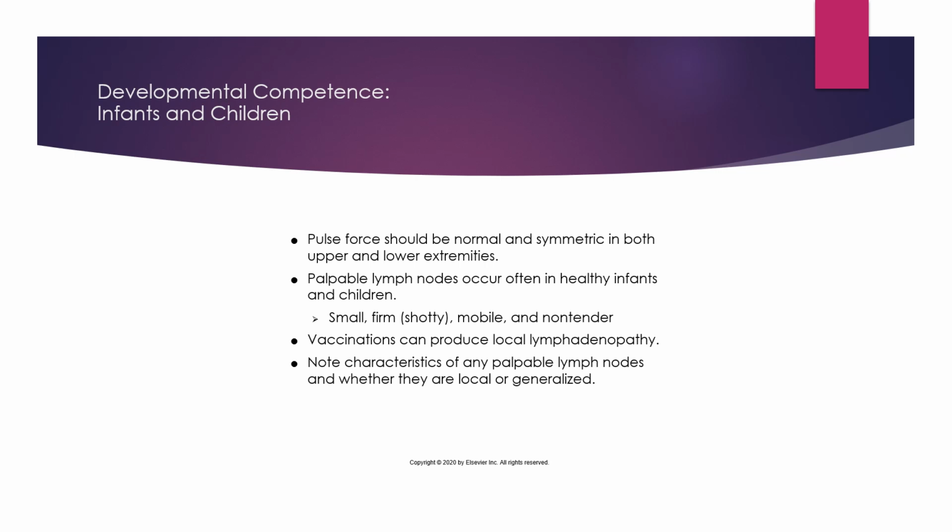In infants and children, you'll learn more about this when you study pediatrics, but the pulse force should be normal and symmetrical. It should be the same in the upper and lower extremities. Weak pulses occur with vasoconstriction, which diminishes cardiac output. Full bounding pulses occur with patent ductus arteriosus from the large left to right shunt. Diminished or absent femoral pulses, but normal upper extremity pulses suggest coarctation of the aorta. And those are just some abnormal findings. Of course, they're also emergent. So if we see something abnormal, especially in our young children, we want to make sure that we notify our